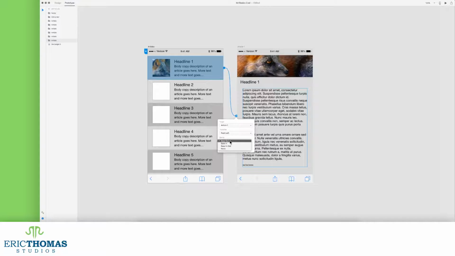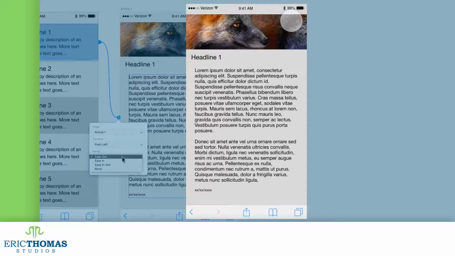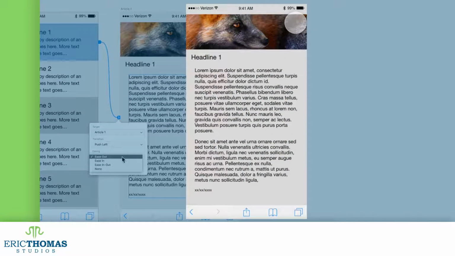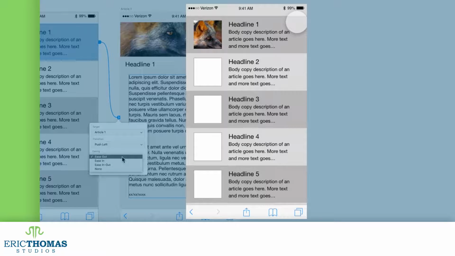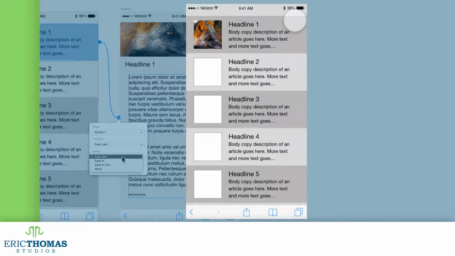The next drop-down is to set easing. This is how fast the transition seems to move. First up, and the default, is easing out. This will make it so the transition starts slow, then speeds up towards the end. Opposite of that, ease in will make it so we begin fast and slow as we get to the end. And ease in out will do both. So with this, we'll start slow, speed up, and then slow down as we get to the other end of the transition. Set to none, there won't be any easing, so it'll just move at the same speed from start